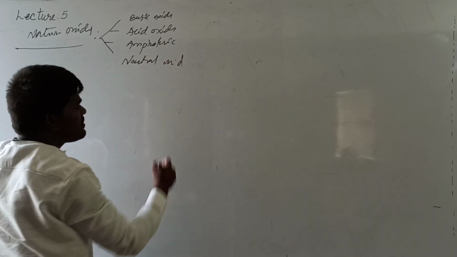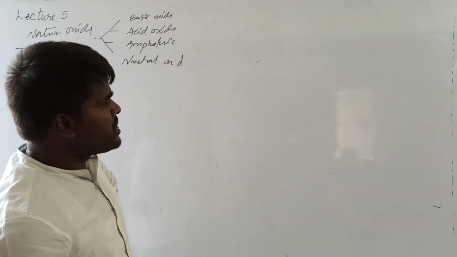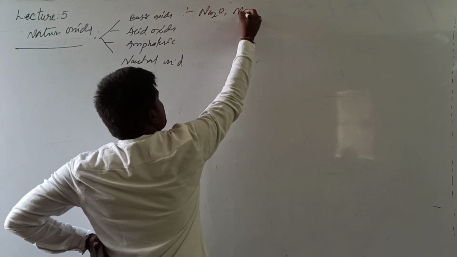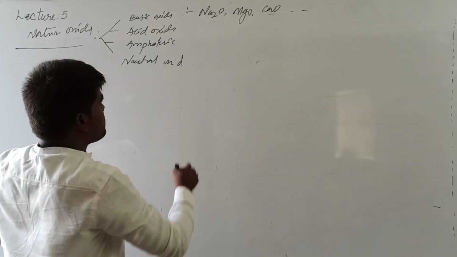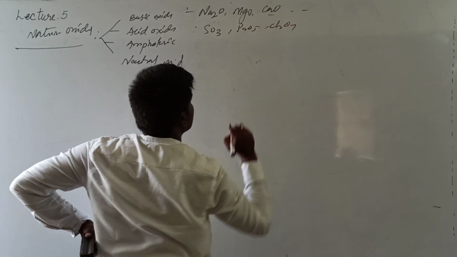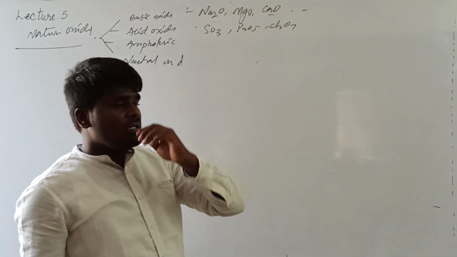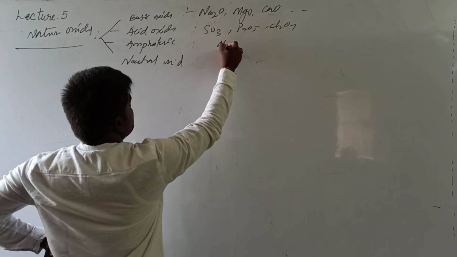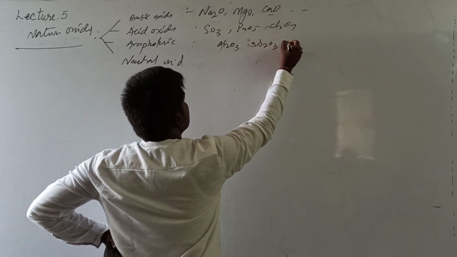What is meant by basic oxides? Those which can produce an alkaline nature, or OH-, in water. Basically, metal oxides are basic oxides. Non-metal oxides, such as SO3, P2O5, Cl2O7, are all acidic oxides. Oxides of non-metals are generally acidic in nature. And amphoteric oxides, such as Al2O3, antimony oxide or zinc oxide,